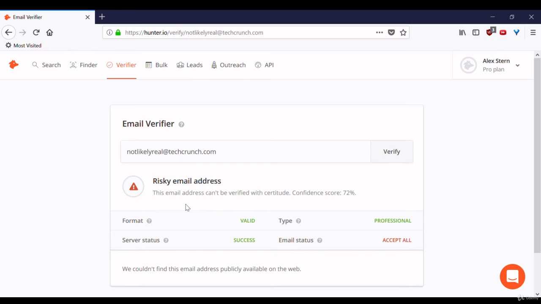Risky email address. This email address cannot be verified with certitude. It says confidence score 72%. Okay, so what does that really mean? Well, if we go over to email status, it's saying accept all. So what that's saying is this is an email address that you can make up any old thing you want and it'll probably accept it and redirect it to some catch-all address that maybe, every now and then, someone will